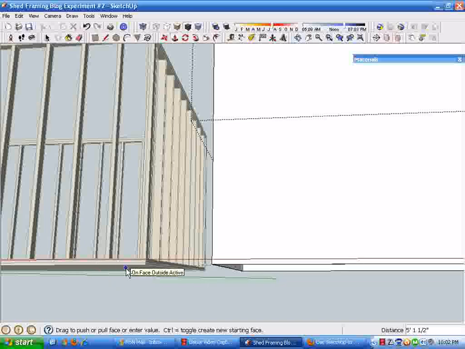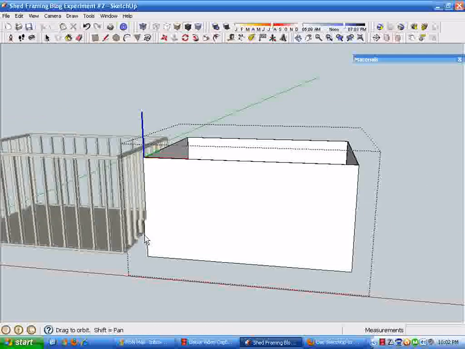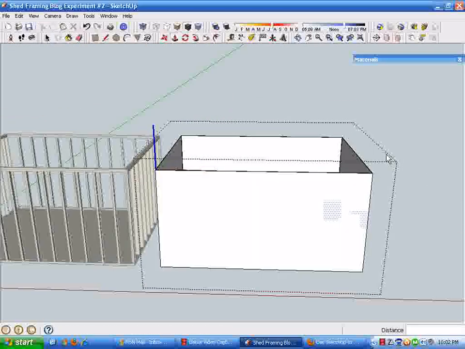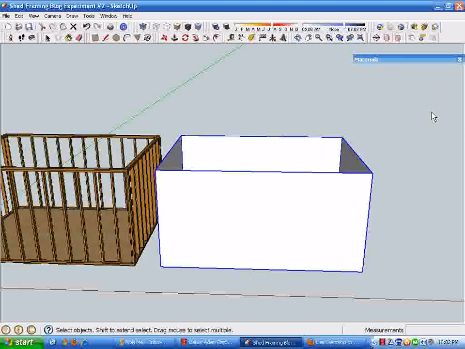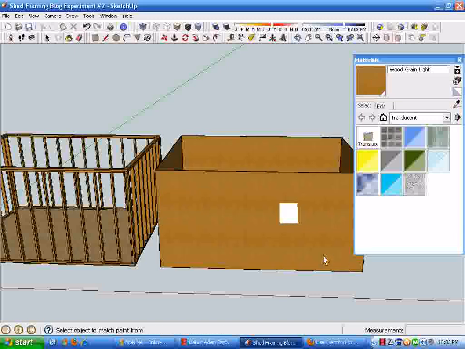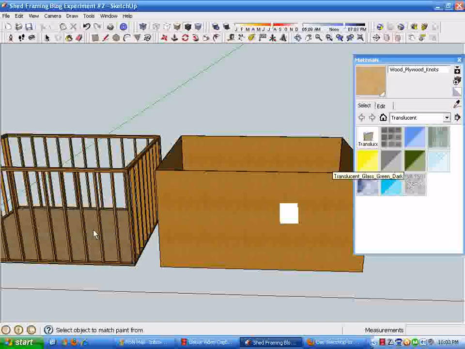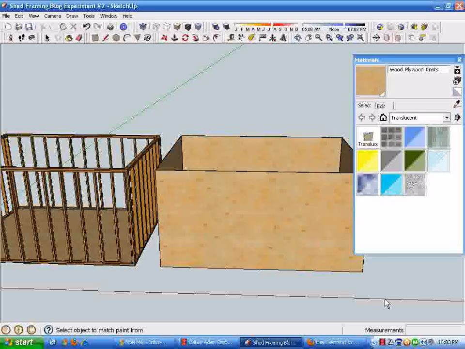And so I've created this wall sheathing, and we'll make it out of plywood. Oops, that's a different color wood. So I'll take the eyedropper tool, select the plywood in the model, and color this whole component with it. So now I have a wall sheathing component, and I can grab it with the move tool and move over